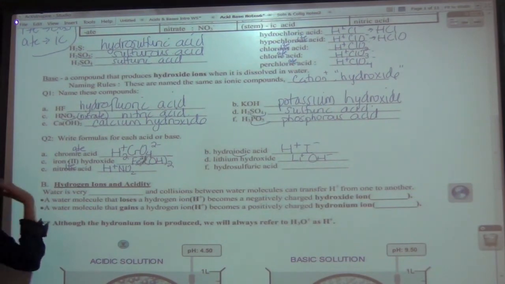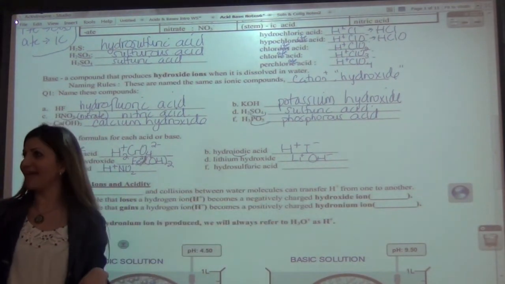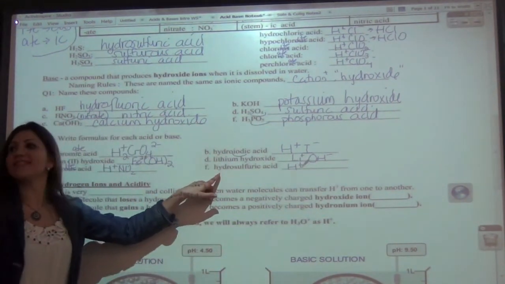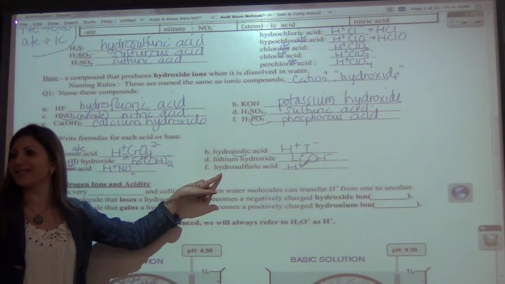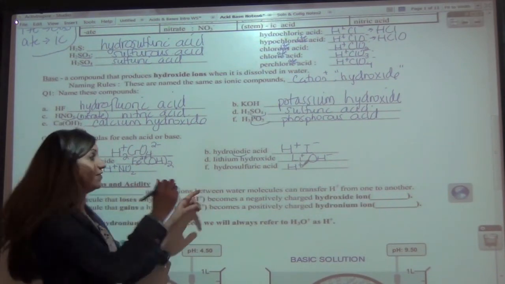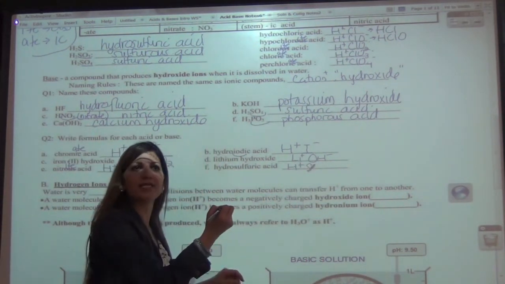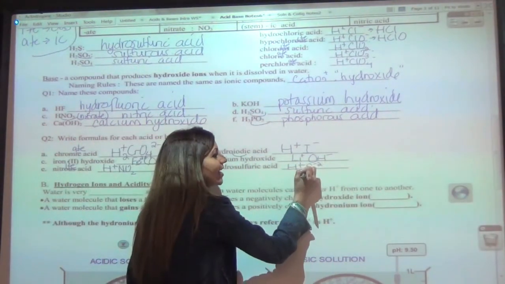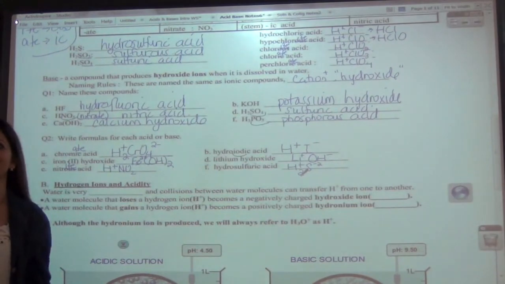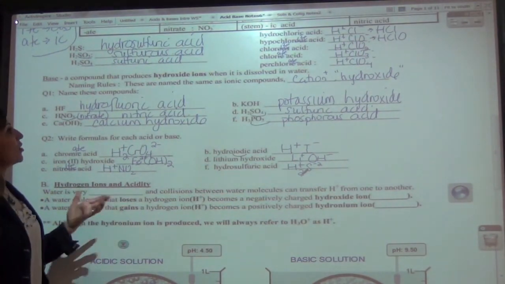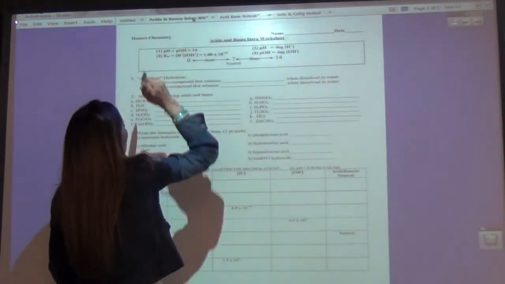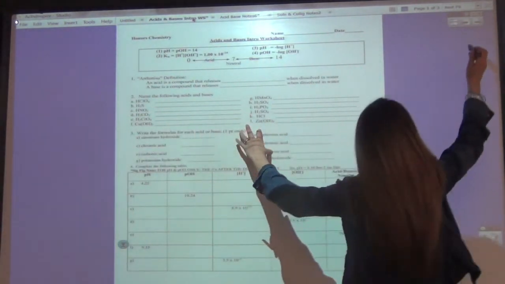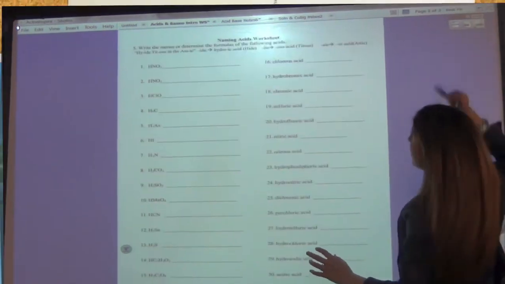And last one is hydrosulfuric acid. Again, since it's an acid, it starts with H plus. Okay, and then since it starts with hydro, that means no polyatomic ion. Sulfur. Very good. And sulfur's charge, everybody, is what? -2. So when you crisscross this, you're going to get H2S. Okay? All right, and so what's going to happen now is you're going to start working on the naming of the acids and the bases. You're going to skip this for now, and then we're